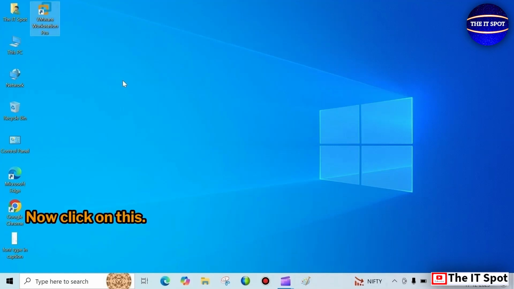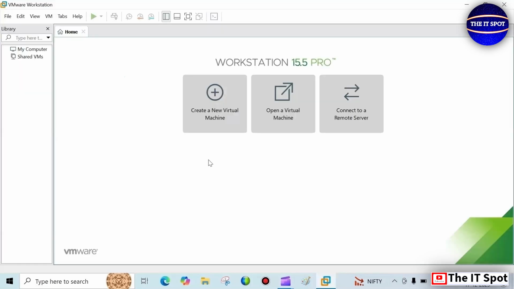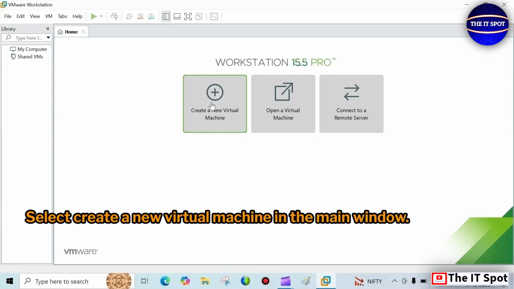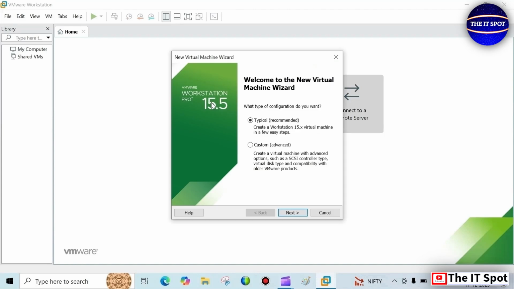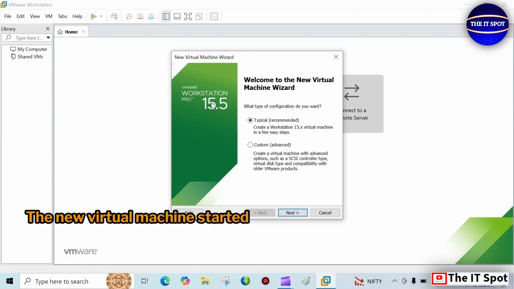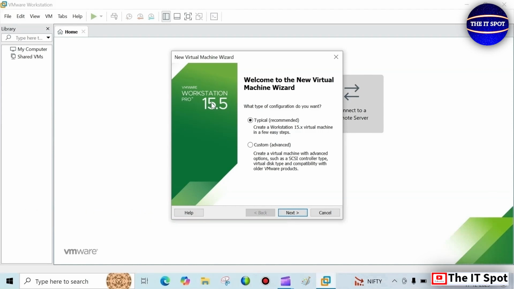Now click on this. Select create a new virtual machine in the main window. The new virtual machine wizard starts. Select typical, click on next,